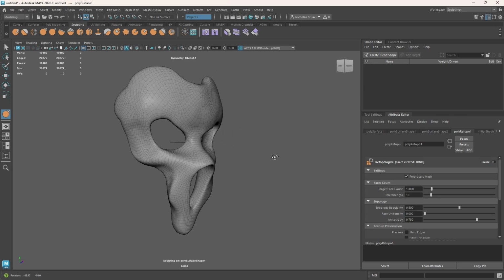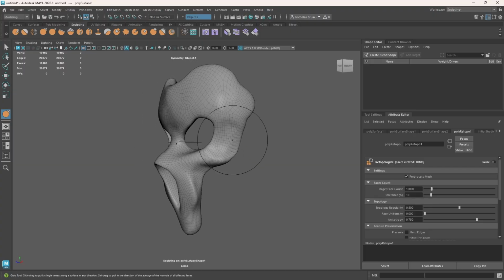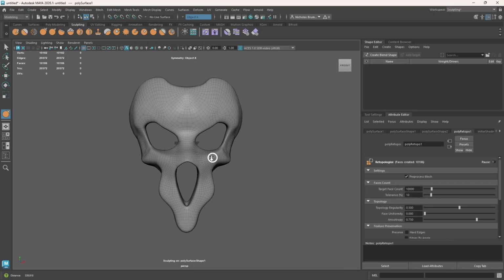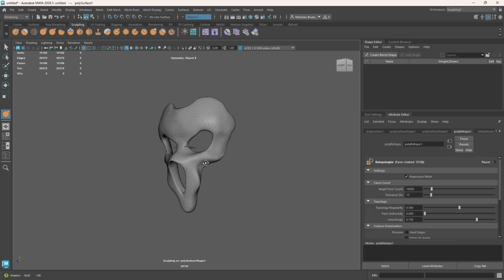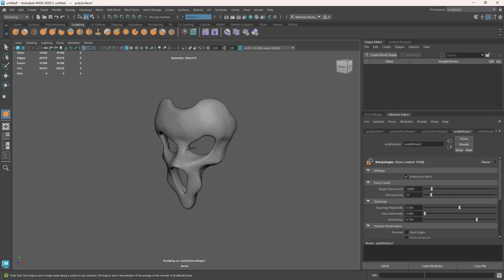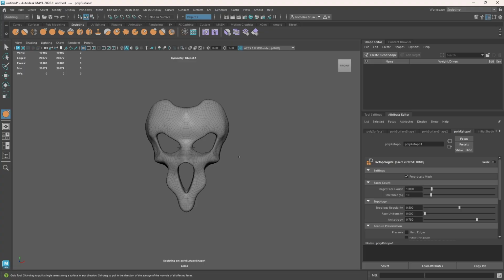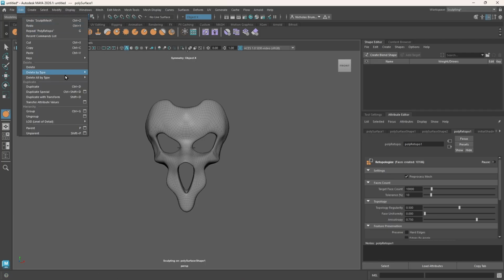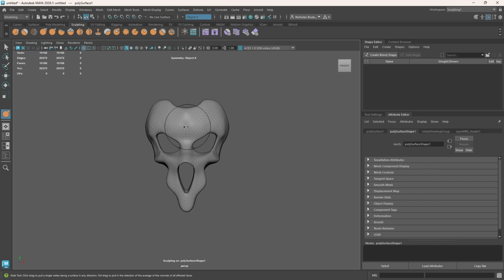For this, I'm probably going to need quite a few faces to add horns, depending on how big and crazy I get. I'm going to need quite a few more faces in order to pull a horn off of this surface. So I'm going to increase my count considerably. I'm going to come up here, edit, delete all by type, history, delete that, and then I'm just going to do a subdivision. I think the topology currently is fine, but if I come to my modeling tools